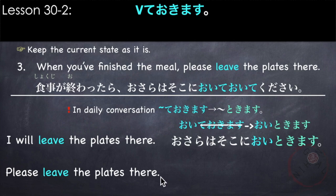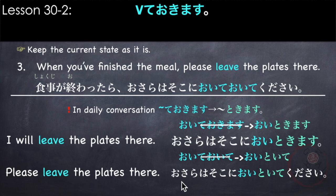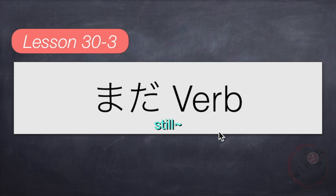Now let's use the same sentence but in a command or request form. Please leave or put the plates there. So, 置いて, which we've used in example number 3, becomes 置いといて. So, we remove て, 置いて, replace it with ときます in て form because we are going to add ください after. So, we change ときます to て, which is といて. So, it becomes 置いといて. So, the sentence is お皿はそこに置いといてください。大丈夫ですか？はい。